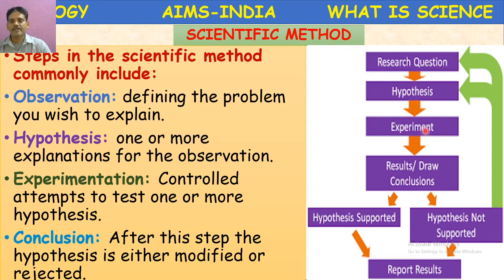So during the experiment, you have to search for the variables. Variables are the factors that can affect the outcome of the investigation. We can call it an investigation. See the terminology: observation, investigation, experimentation. Okay, you have to start an investigation, then write down the steps you will follow